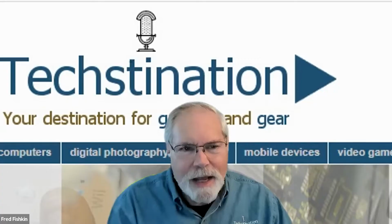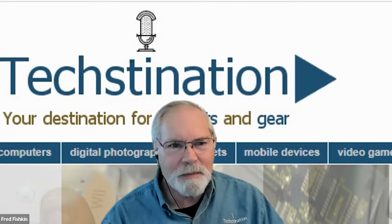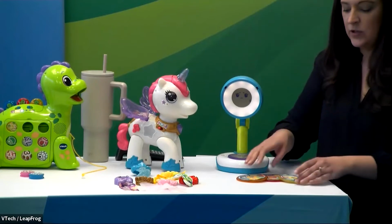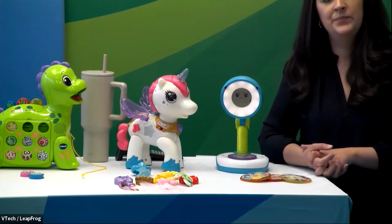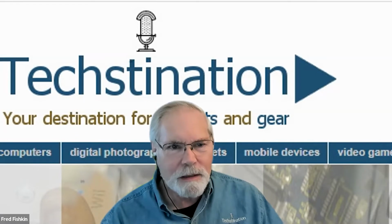You can see her moving. The animation and the face certainly are going to be captivating for kids and maybe some parents too. Yeah, she's super interactive and she's got tons of personality. There's so many ways you can play with her, as well as just using her as a nightlight, as the alarm clock as well. Do those discs mean that you may be able to expand the content after a period